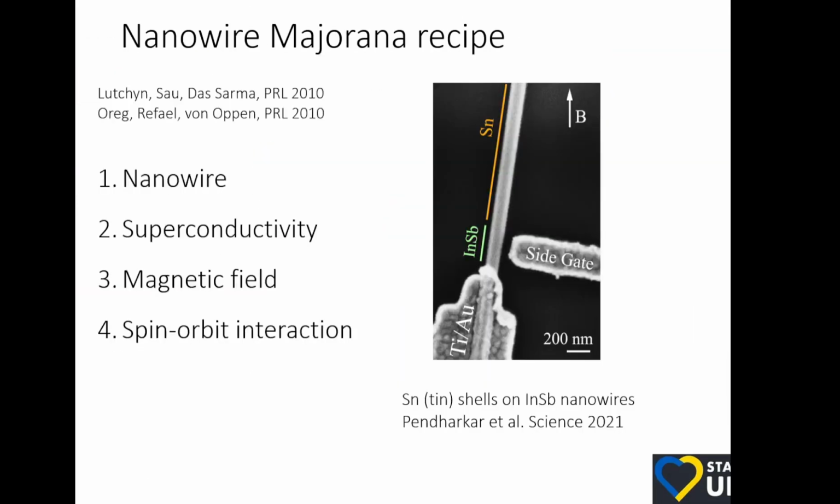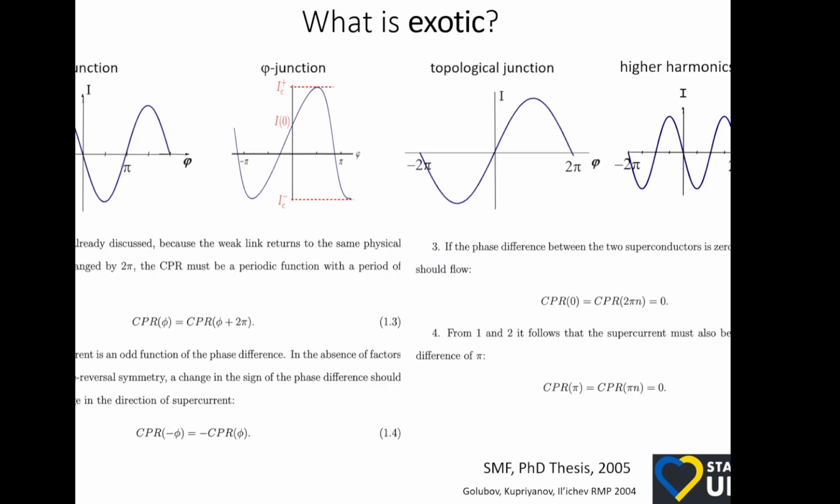So we talked about exotic Josephson effects, and one idea I wanted to convey is what I consider exotic, and hopefully you agree with me to some extent, that these current phase relationships, right, that is sort of how you can identify Josephson effect. You change the phase difference between the two superconductors, and you see what kind of supercurrent, maximum supercurrent, dissipationless current flows across the junction. And if it's not sinusoidal, it's already interesting, and then some of them are more interesting